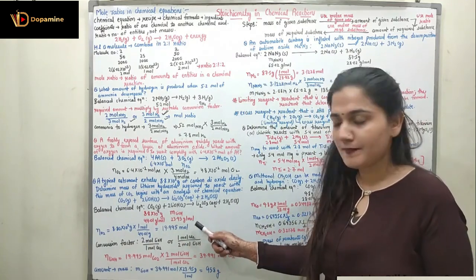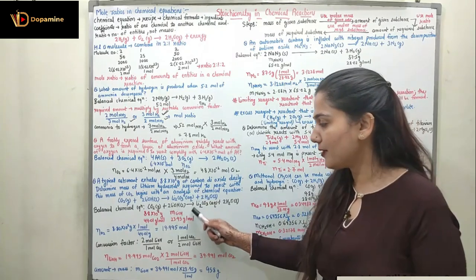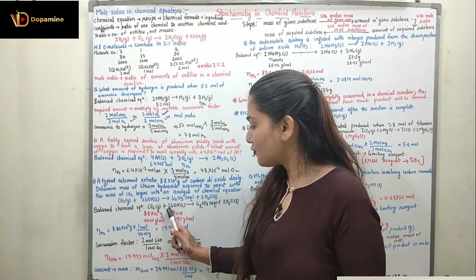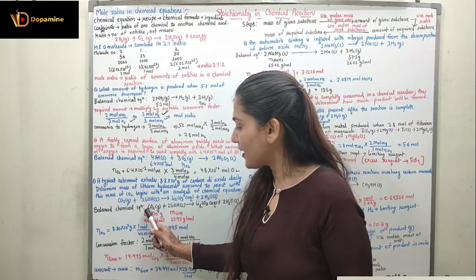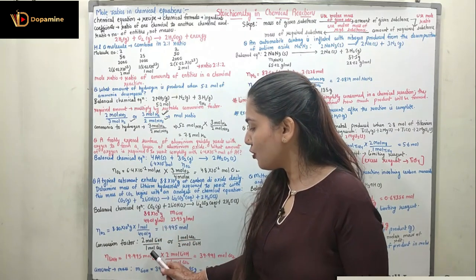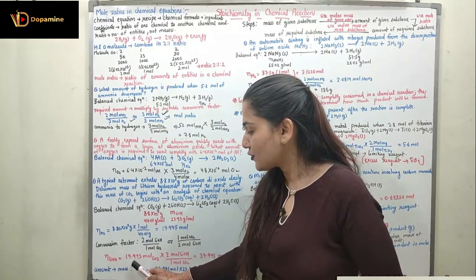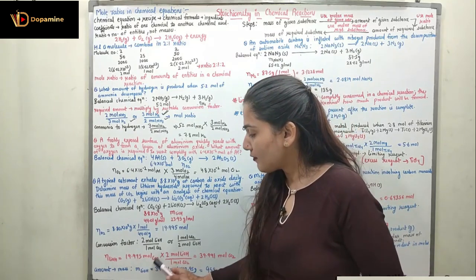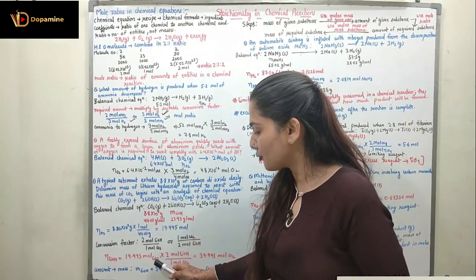moles for LiOH. Because we know the molecular mass, if I know the number of moles, I can find the mass. So the conversion factor, since I need to find the moles of LiOH, would be the coefficient of LiOH divided by the coefficient of CO2, which is 2 by 1. Right, so the number of moles of LiOH would be 19.995 moles of CO2. So we found 19.995 moles for CO2.